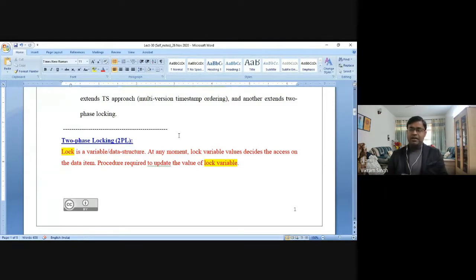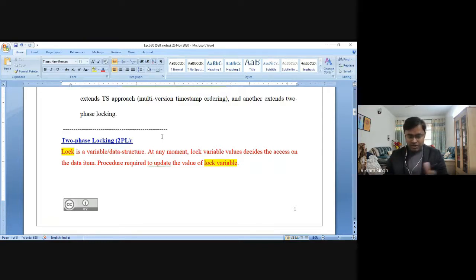Like in the database, suppose we have 100 different data items. The concurrency control mechanism will maintain these 100 different lock variables, one for each data item, right? Something like that. These lock variables, or the status of a lock variable, the values of the lock, because these are variables, naturally a lock variable will have a value at any point of time. This value of the lock variable on a data item will indicate what operations we can perform on that data item,